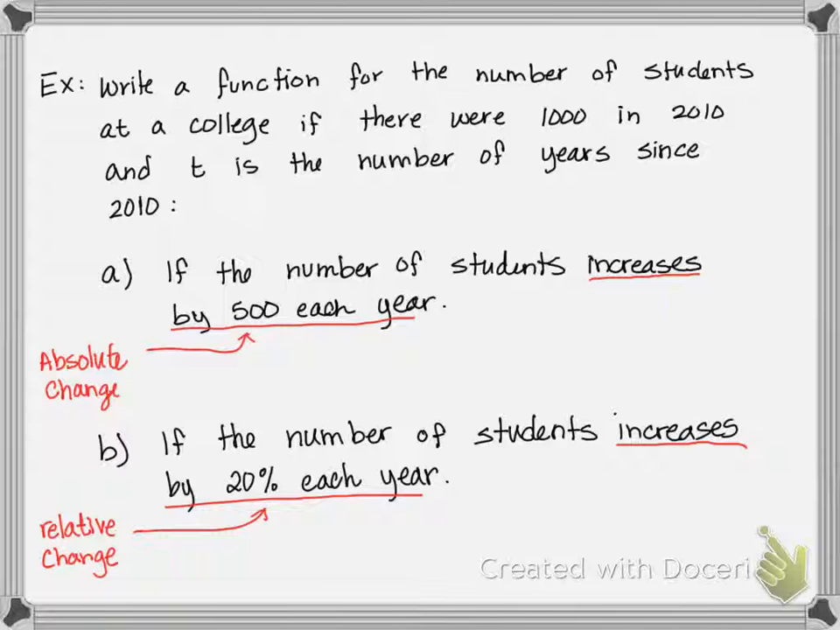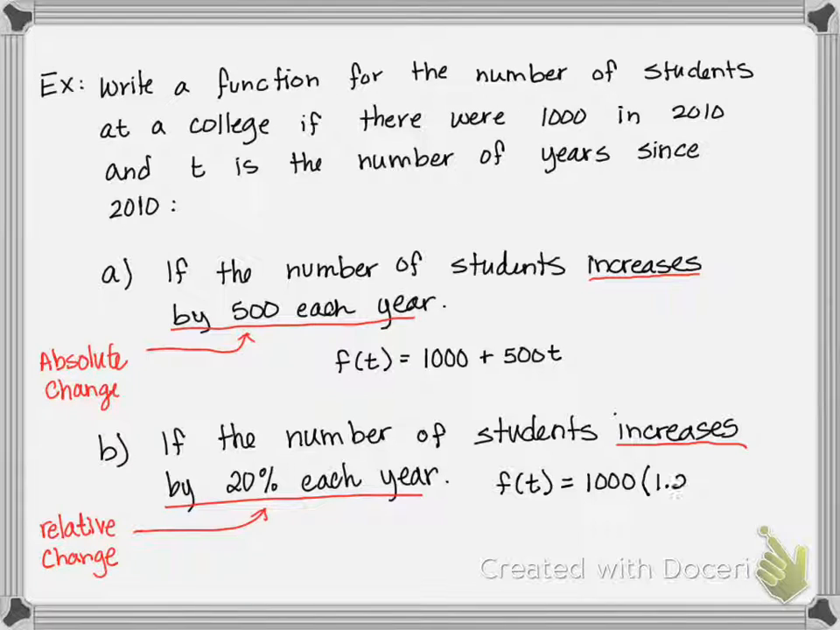So this first one is a linear relationship, which means f of t is equal to our initial value of 1,000 plus 500t. And then in part B, we have relative change, which means this is an exponential relationship. So we have f of t equals 1,000